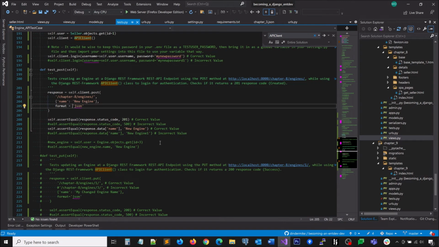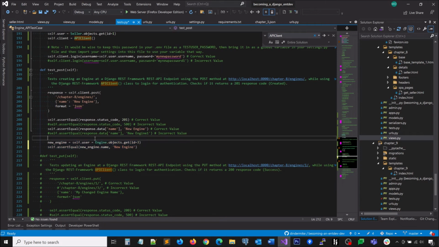And if we wanted to actually check to make sure that that is true, say we didn't know what response data actually was. Here I'm going to perform a query, and then I'm going to see if the name value of the object that we looked up actually contains the value that we used to create that object. So here I'm looking up ID, or primary key, of number 3,